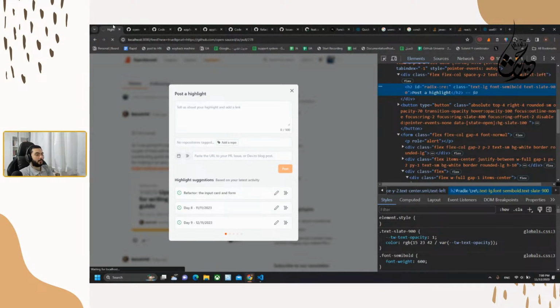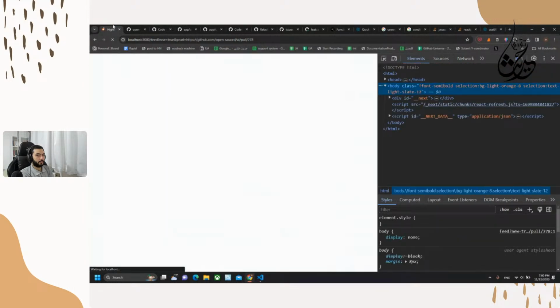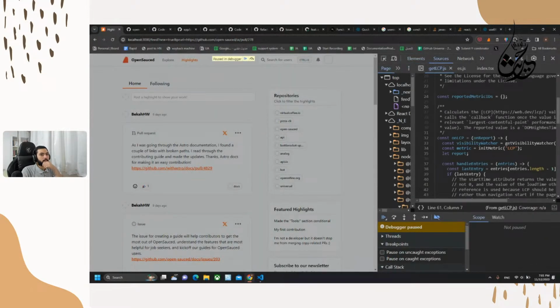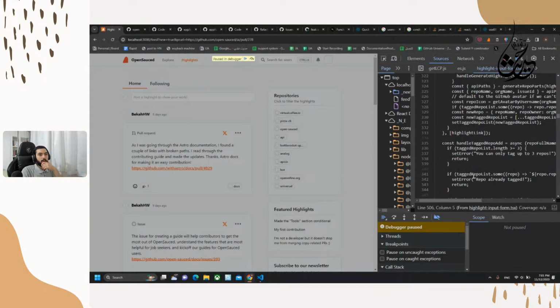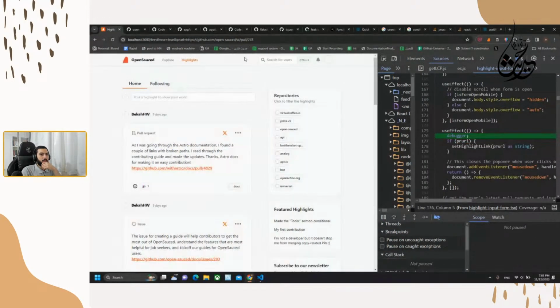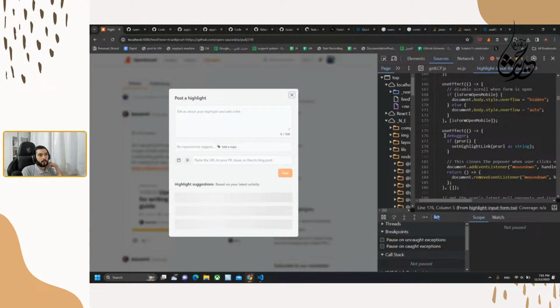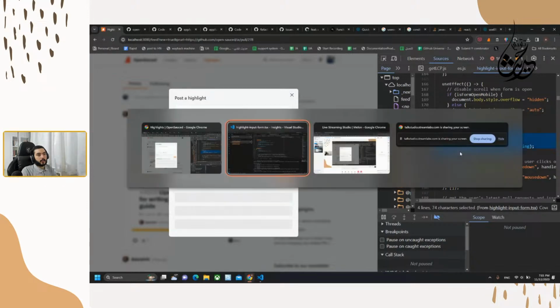Just refresh and see what's going on. So it worked, and we don't have anything in the URL. It worked again, and we don't have anything again. So in the first render, it didn't get the information from use effect.